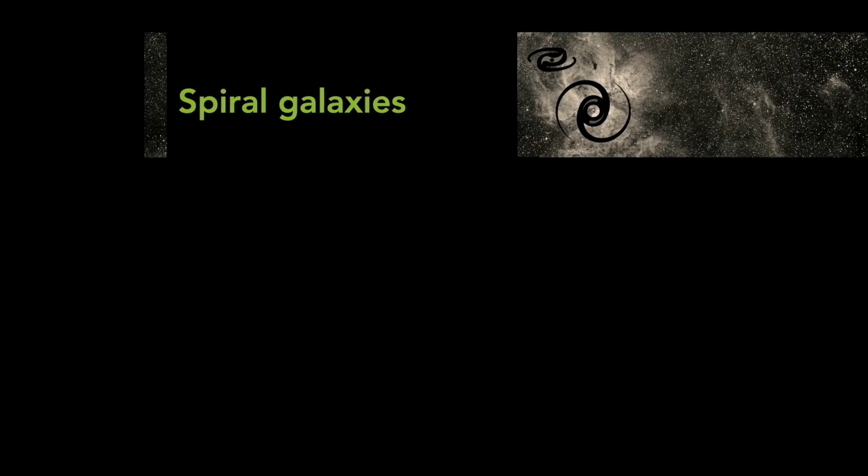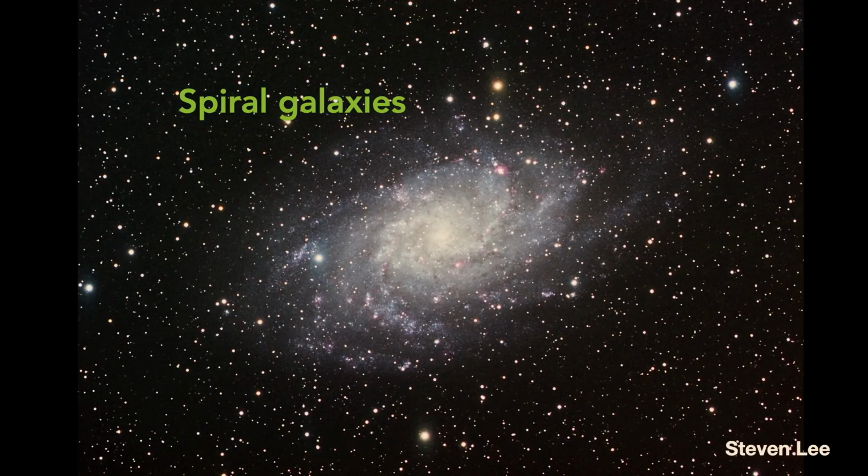Now let's look at spiral galaxies. Spiral galaxies are the pretty ones. They have amazing structures, as you can see in this beautiful example of Messier 33 shown here. This is another galaxy in our local group. It's third in brightness, after, of course, Andromeda and the Milky Way. And I want to remind you at this point that the structure that you see here is not a static pattern.